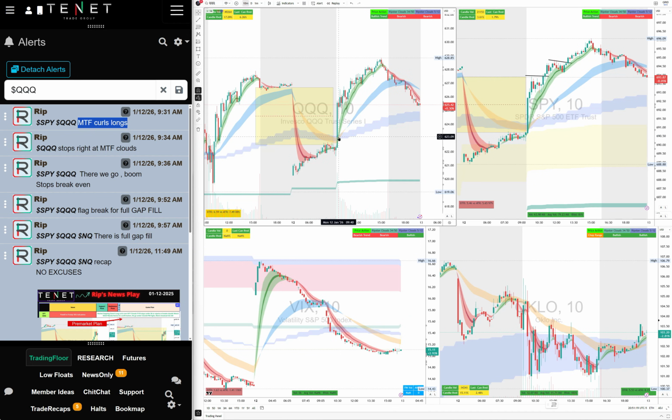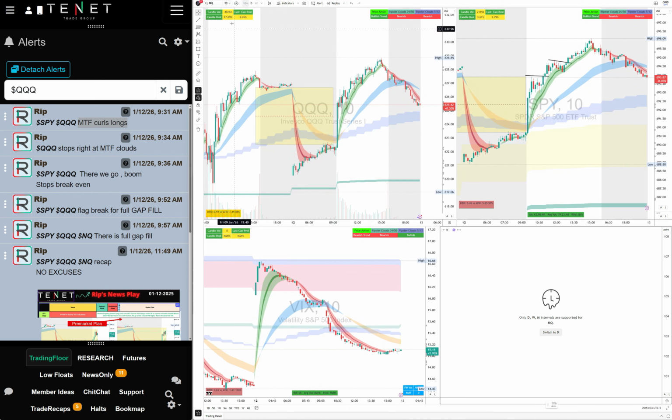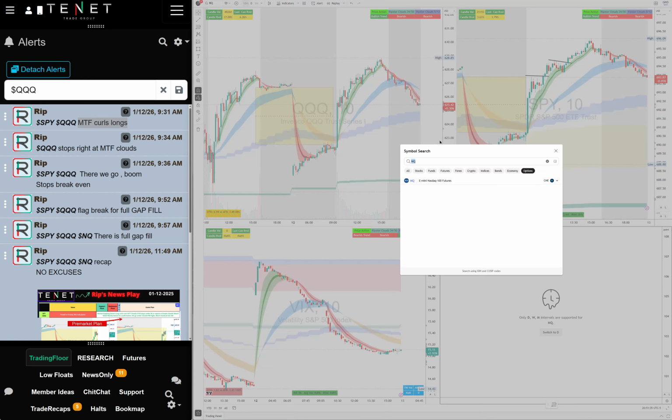This is the Ripster 1 hour MTF cloud. This is the Ripster 1 hour FTM cloud. Right away it's a long. Do you buy the shares or buy options? You need to know the options if you're trading options, or you can also trade NASDAQ futures when I say that, which is a long. Most of my traders are already doing this.